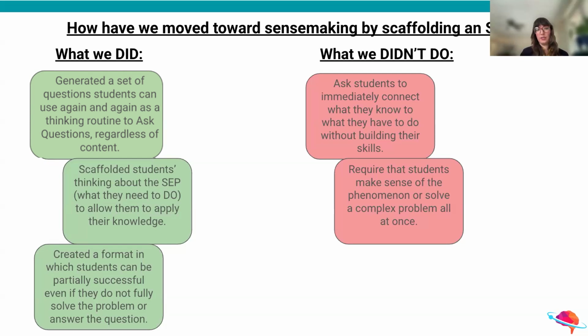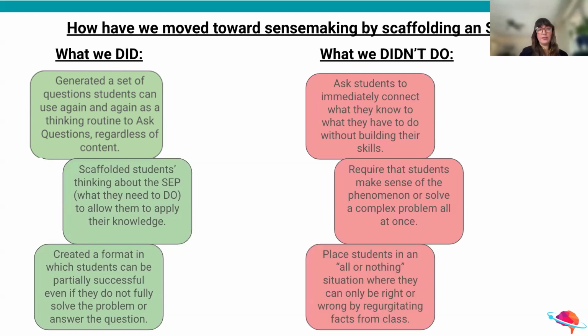We know how important partial success, partial proficiency, growth, and movement towards proficiency is. And these scaffolds are one way to provide that for our students. And lastly, what we did not do is place students in this all or nothing situation, right? We didn't just say, ask a question that will help you analyze data to determine the cause and effect relationship between two variables. That's a lot. That's a lot for a middle schooler.